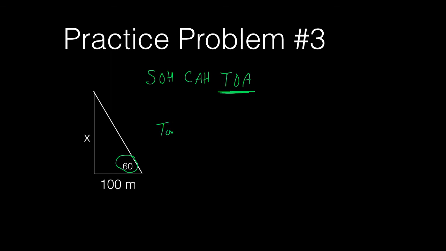So tangent of 60 degrees, because that's our angle, is equal to the opposite, which is x, divided by the adjacent side, which was 100. And so when we solve for x here, we're just going to have to take 100 and times it by both sides, so we get 100 tangent of 60 is equal to x. And again, I always like to put parentheses around your trig function. So 100, get my calculator, times parentheses the tangent of 60,